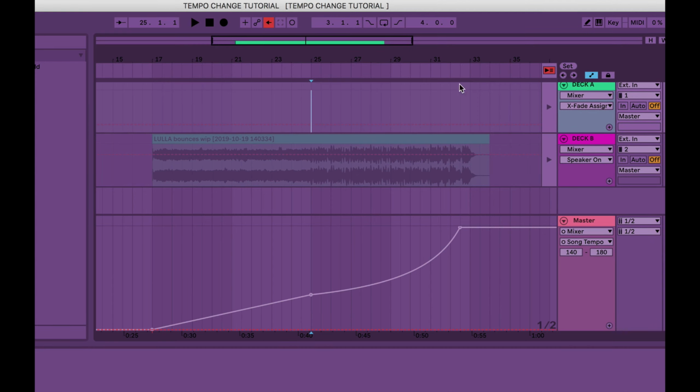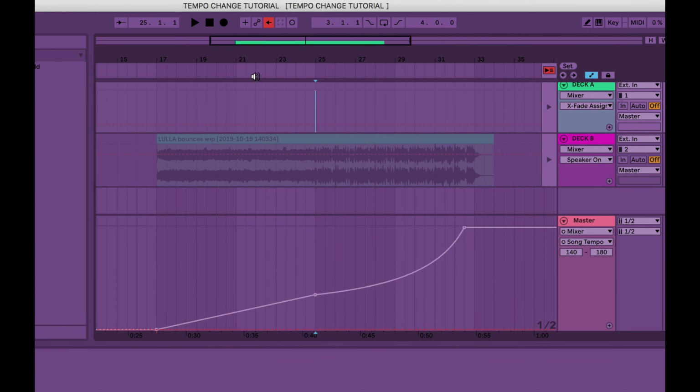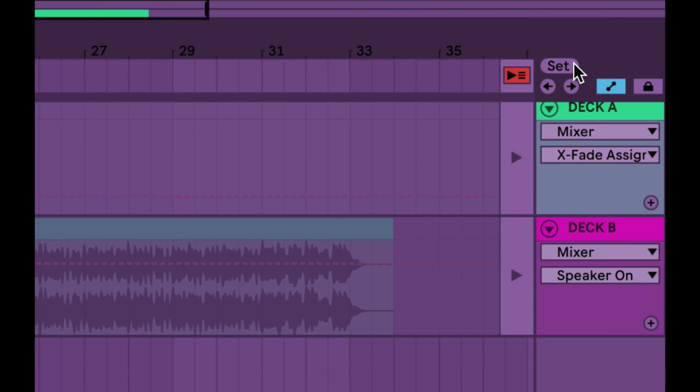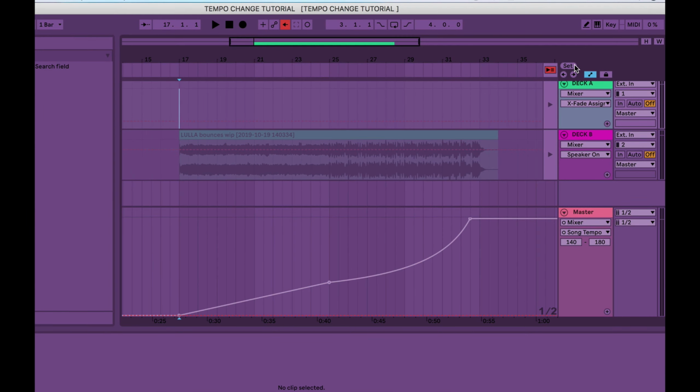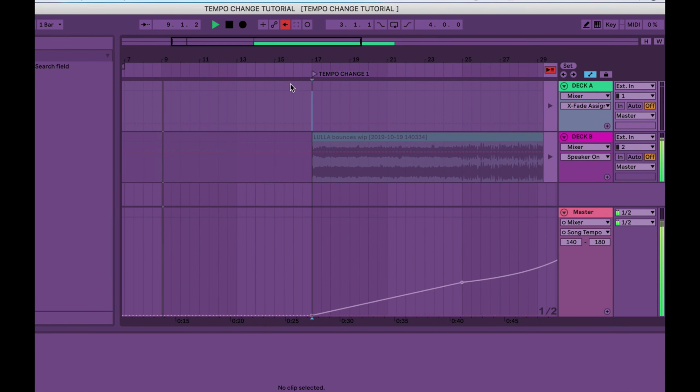To make sure that this clip and this automation happens when we want to, we can set our cursor to the beginning of the clip, and we'll go to this button and hit Set. This will create a locator. We can rename this locator Tempo Change 1 because this is where the tempo changes. Now, if we start playing before the locator and hit the locator,